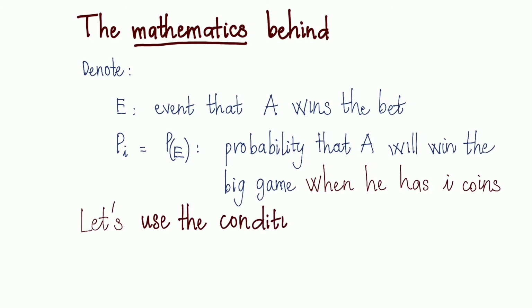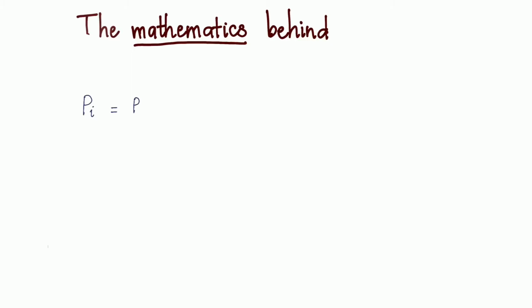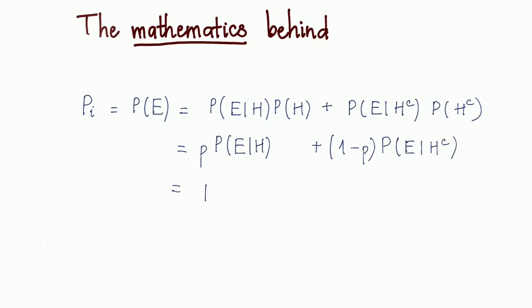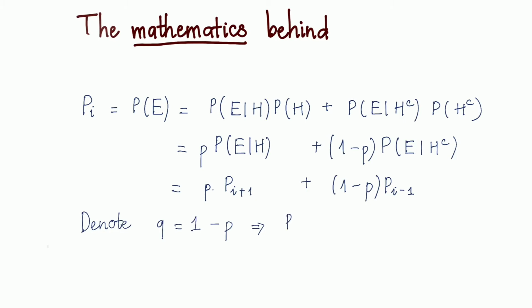Let's use conditional probability to check what will happen. The probability of A winning the game when he has i coins is equal to the probability he wins the game and he wins the first bet, plus the probability he wins the game but loses the first bet. Apply the conditional probability formula and transform it. We'll get the equation. Denote Q equal to 1 minus P. We have